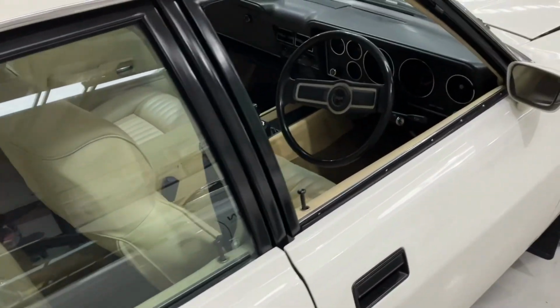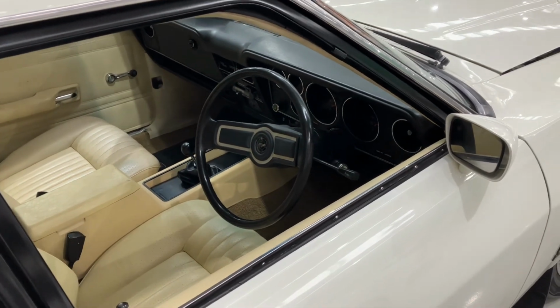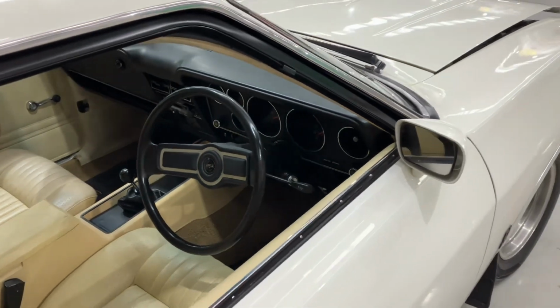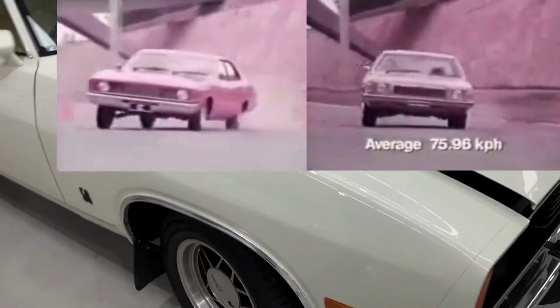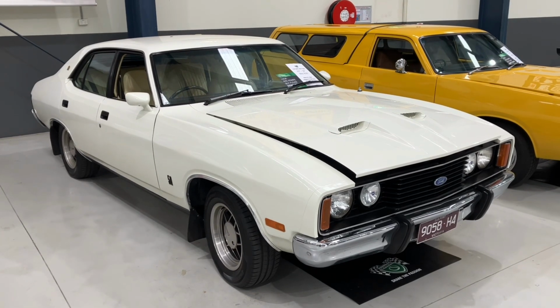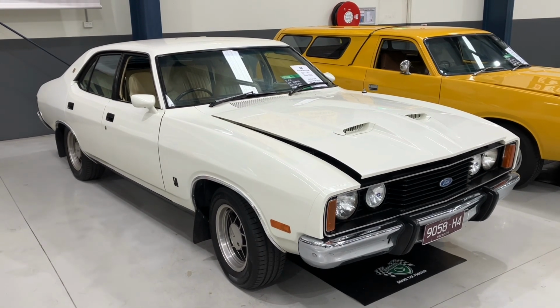And the XC was also very famous for an ad that they did with Alan Moffat and other race car drivers in response to Holden's ad about radial tuned suspension, where Holden was basically showing its superior handling with radial tuned suspension. And then in response to that, Ford did a fantastic ad with some racing car drivers where they didn't go around witches' hats, they went around racing car drivers. It was a nice response. Anyway, XC Falcon 500, GS spec,